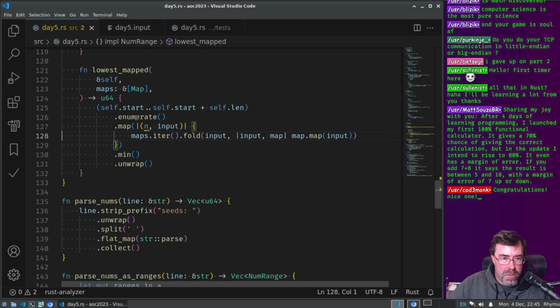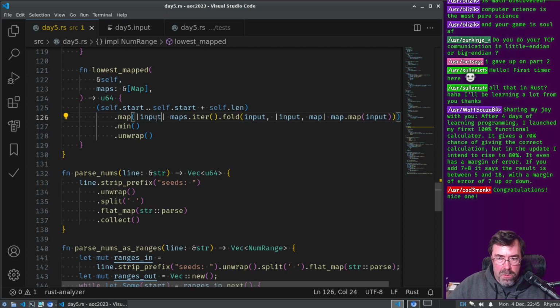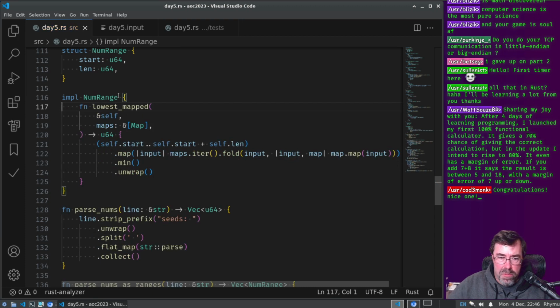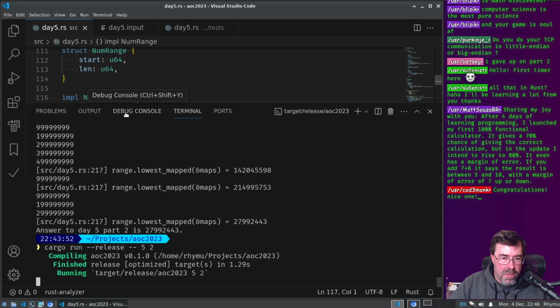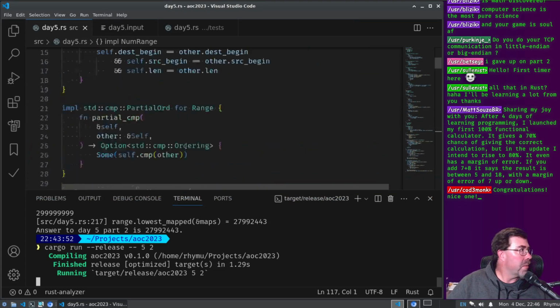Don't need to enumerate. We just have an input. We don't need a length. I wonder what I used that length for before. So just curious how long it actually takes me to get that answer. What was it, like a minute or something? So maybe while it works on that, I can study my code to see how I might be able to make it a little bit better.